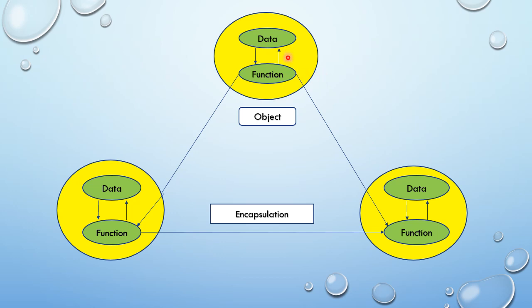So there is a restriction on data. Due to this restriction, this data is very secure. So this is the main advantage of OOP over procedural programming. In procedural programming languages, like QBasic and C also. Fine. So now how does one object interact with another object? Through functions. Fine. I hope it is clear.